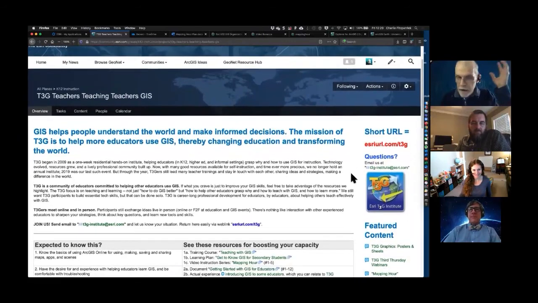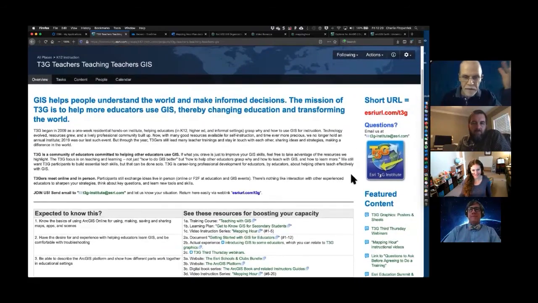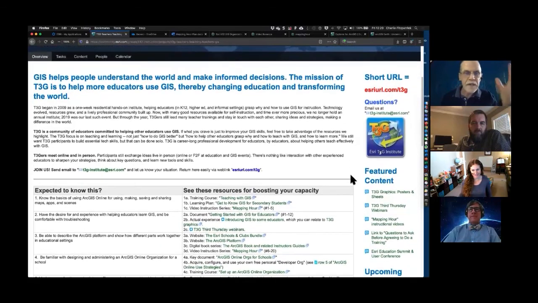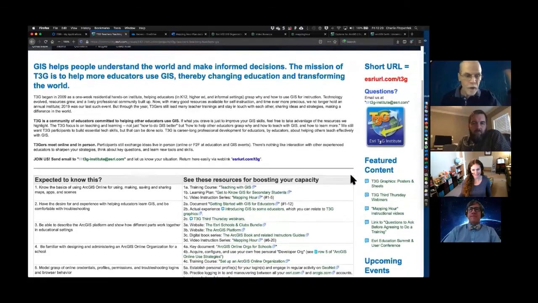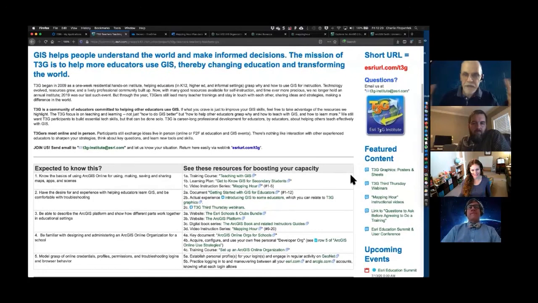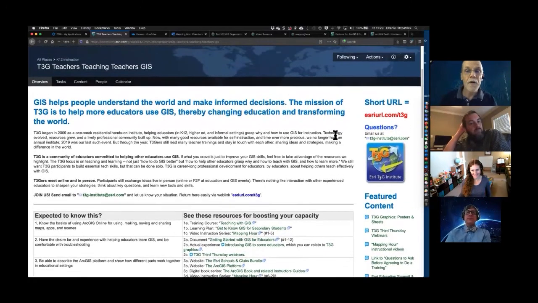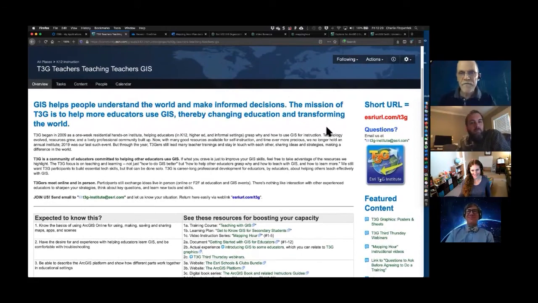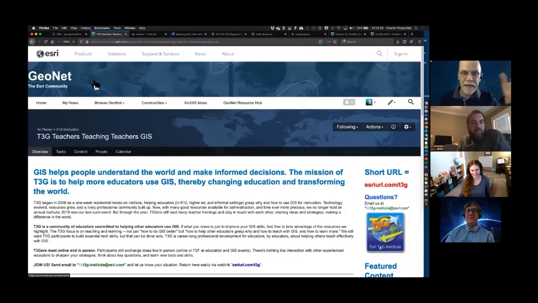GIS. So when somebody says, hey, I just want to learn about helping others be able to do this, this is what we're all about in this zone. Teachers Teaching Teachers GIS. So explore Virtual Earth, access to the movies, GeoNet. This is the space to hang out in. That's what I wanted to show for my special collection of things. So now